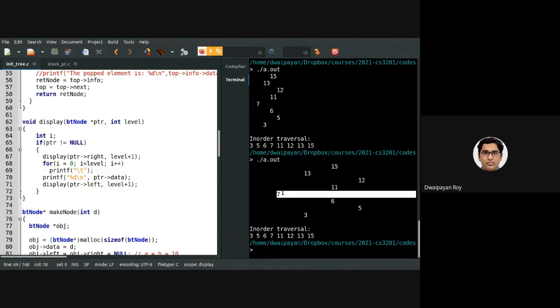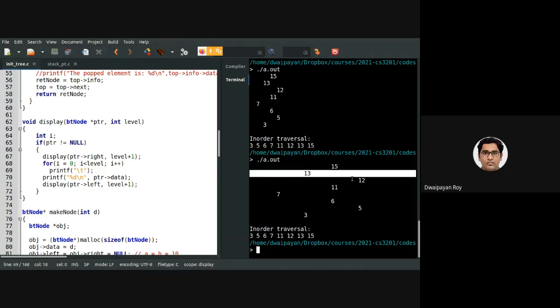7, the tree, the root, the right subtree, the root of the right subtree is 13, the root of the left subtree is 3. From 13, there are 2 subtrees, one in the right, one in the left. And you can see the left subtree is below this. So 12, from this diagram, you should not consider 12 as the left subtree of 15. Why? Because the root of this subtree, 13, 15, 11, 12, is in between.